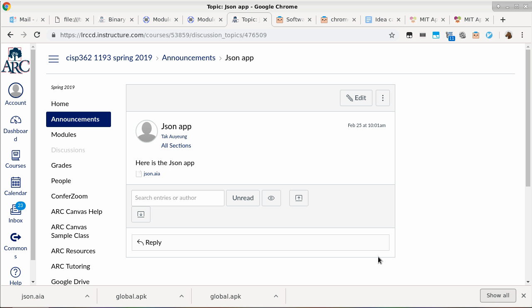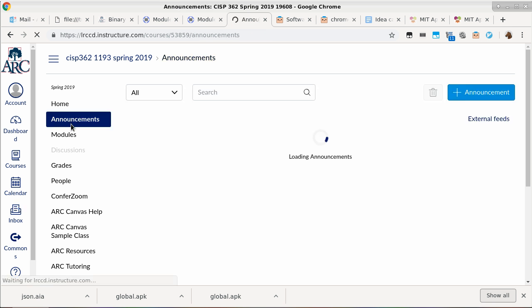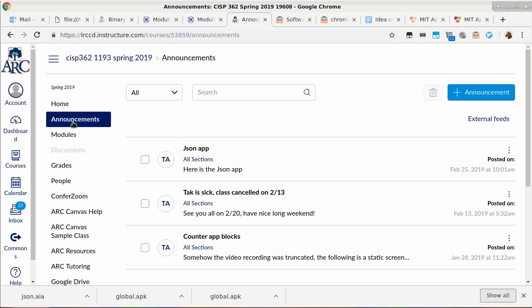You'll get an email, but if you don't get the email or you decide, okay, I don't want to wait for my email, you just click on announcements in Canvas, and it will list all the announcements, including the data of SIG, in reverse chronological order. So this is the last one, and when you click on it, it will have an attachment because I uploaded the file to be associated with that announcement. So you just click on that attachment, download it, and then re-upload it when you sign in to App Inventor. So now you have that project as a part of your projects.